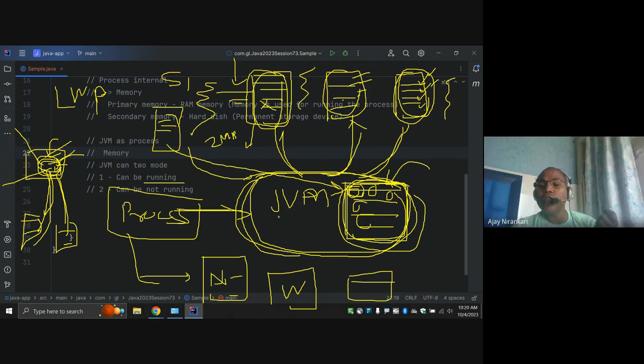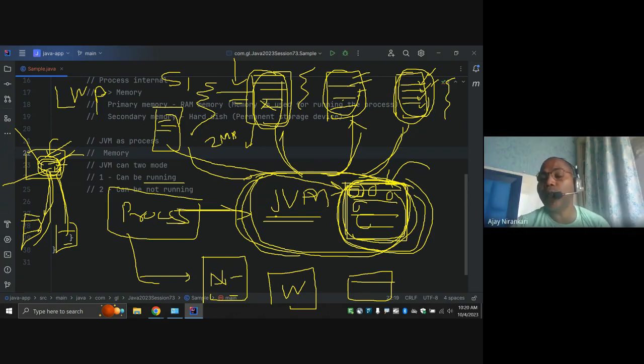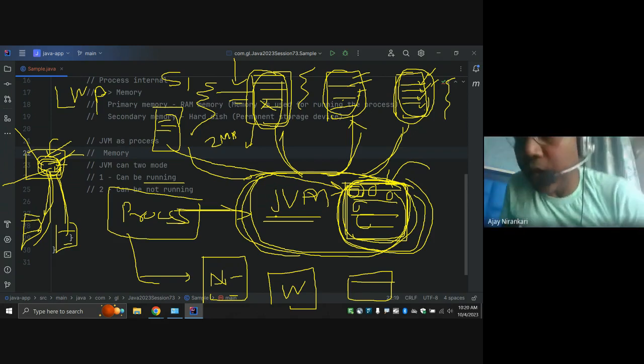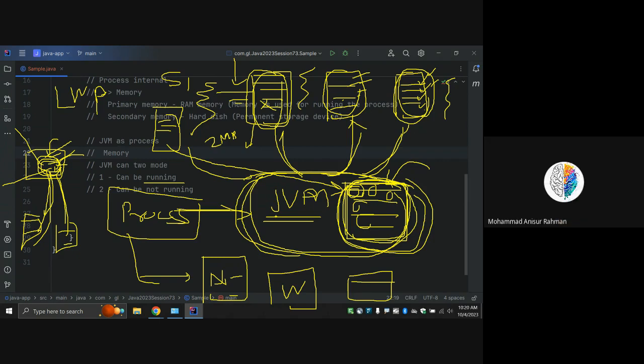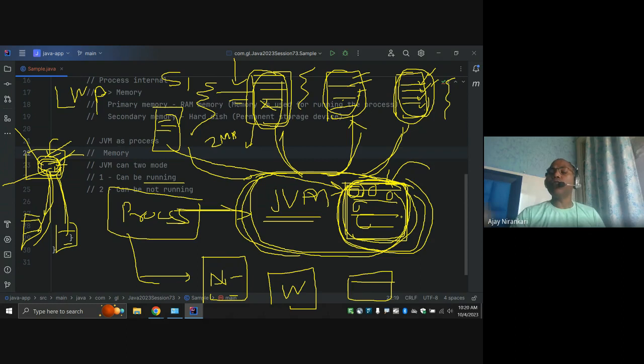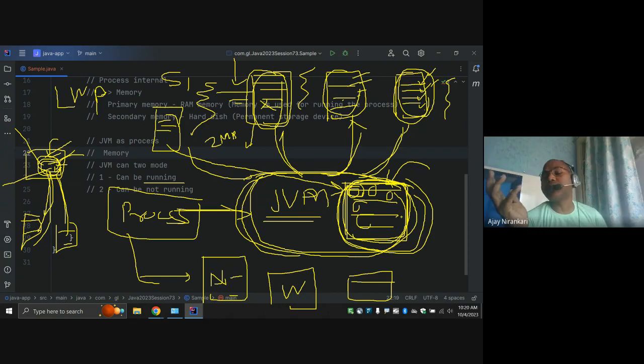Whenever your JVM process is started, it has only limited space, maybe 1 GB or 2 GB or 3 GB, whatever you configure. Whenever you start your application, you have to configure the default JVM memory. At startup time you say, hey JVM, I'm allocating 1 GB for you. So only 1 GB of space is available. According to 1 GB, you can create a number of objects and a number of threads, whatever you want. That's it, there is a limitation.